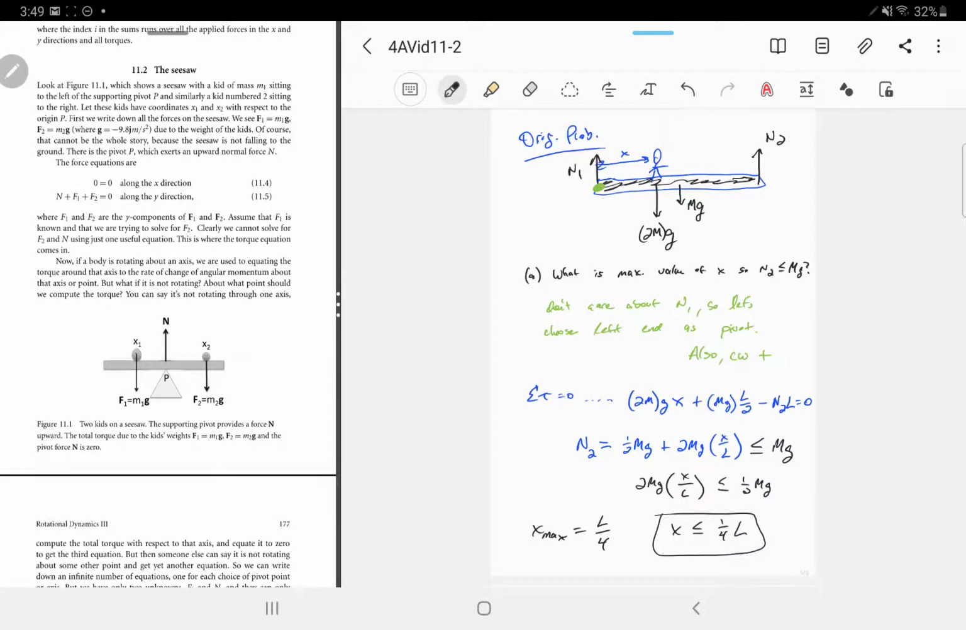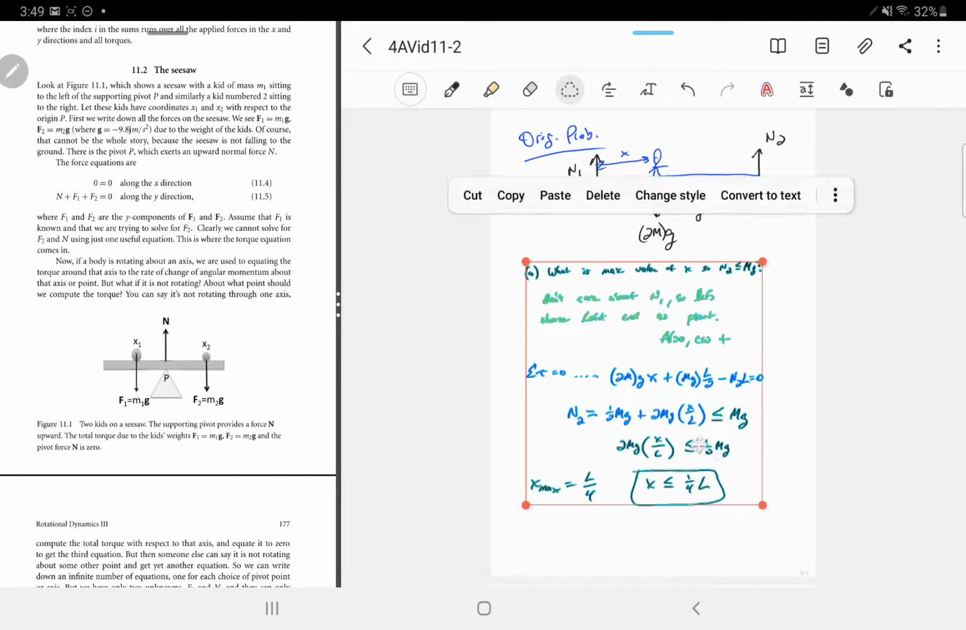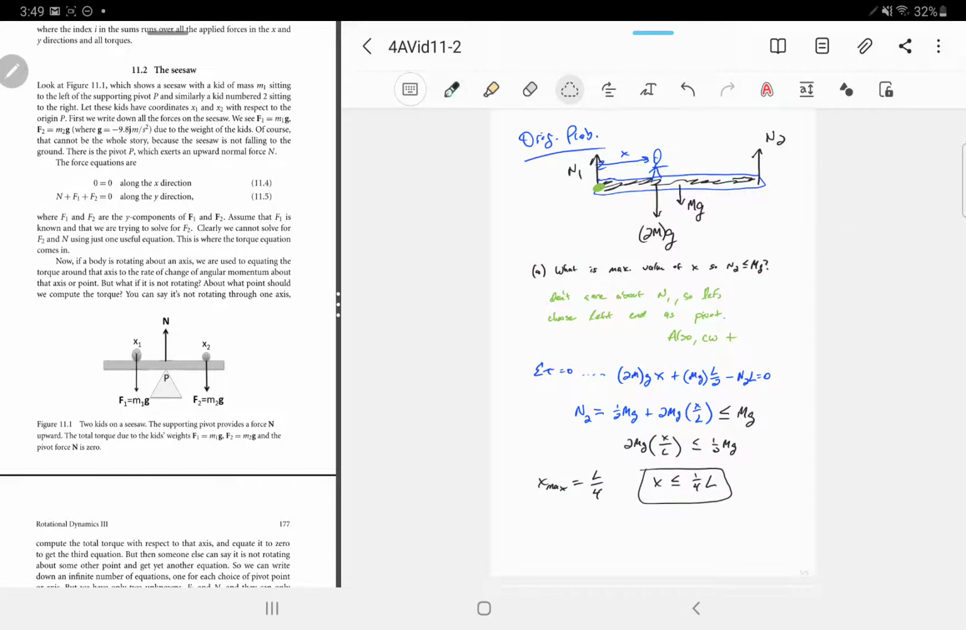Now, part B asks, what is the value of N1? I'm just going to scoot this stuff up because part B is going to be real quick. It's going to be like one line. Well, the sum of the forces in the y direction has to equal 0. So if N2 is equal to mg,